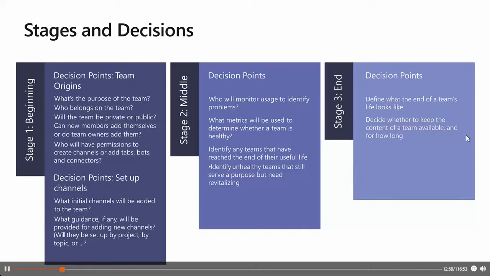The APIs can obviously be used programmatically to create teams based on a global address book attribute such as region or department, or a specific business process like client engagements or classroom rosters, or any other thing you want to use them for. Afterwards, we need to have a discussion about the setup of channels.